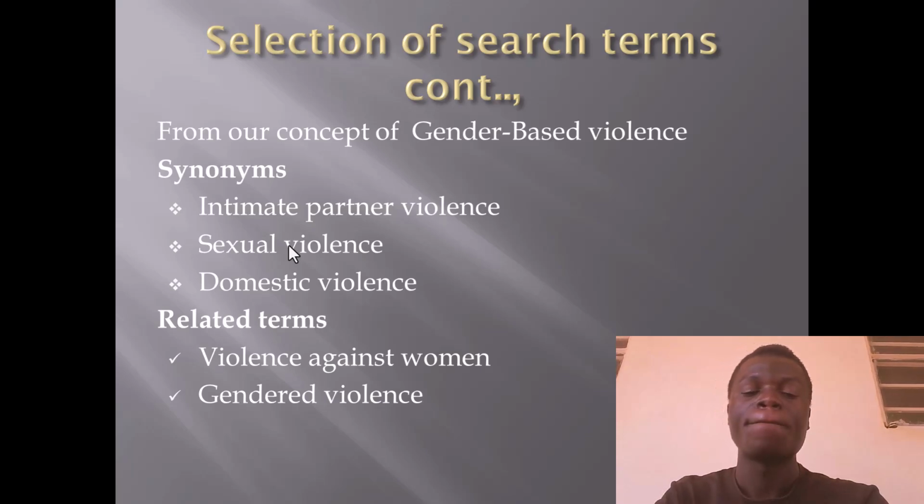By using these search terms, synonyms and related terms, you can have an efficient search, so that you won't have difficulties whenever you're given a research question, and you will go through it smoothly by applying